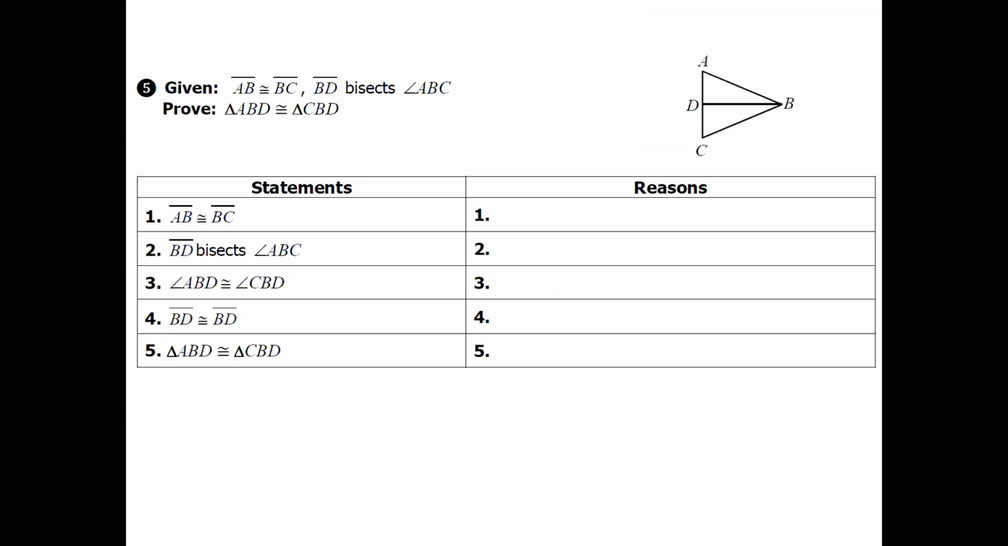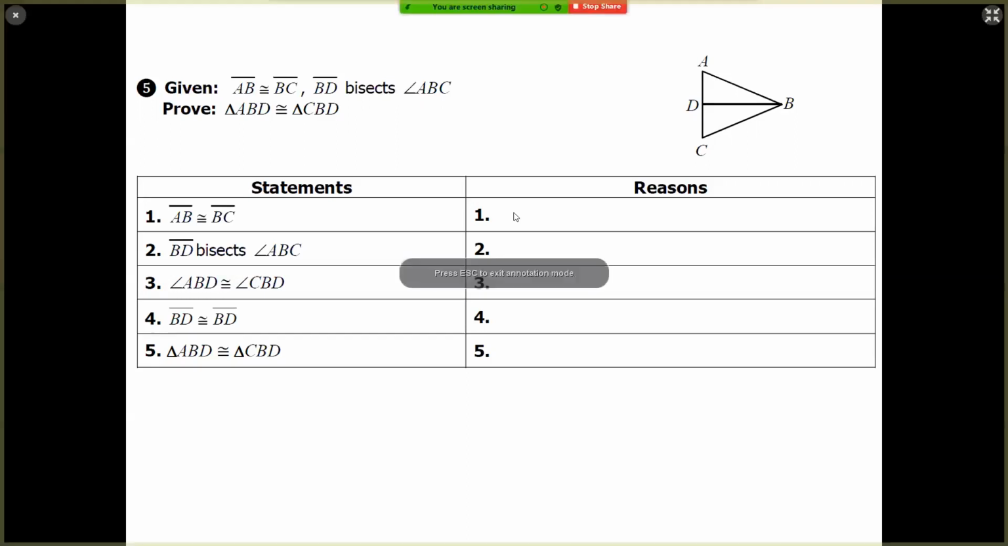Moving to the next diagram, again, we're starting off with the given information. So we were given that AB is congruent to BC, and the BD bisects ABC. So our first two statements are just given. And then I'm going to go to my diagram and mark AB congruent to BC. If BD bisects angle ABC, that's this angle right here. Anytime we talk about an angle being bisected, it means it's being cut into half, which means it creates two